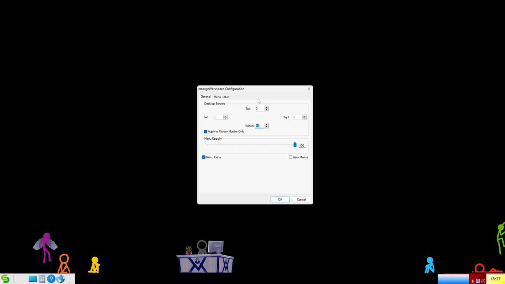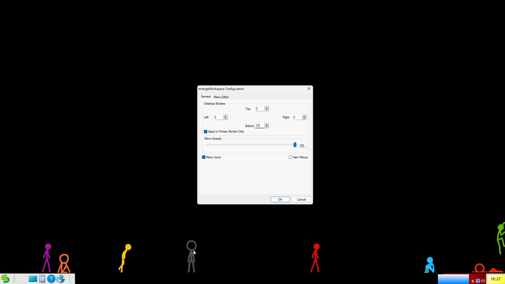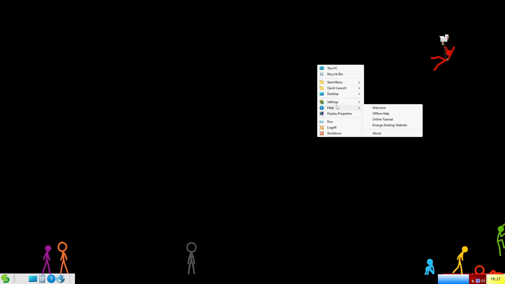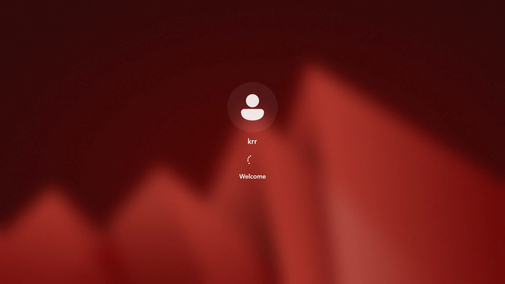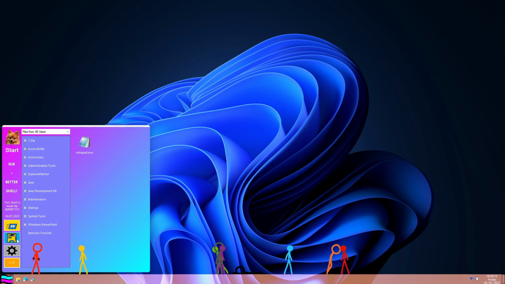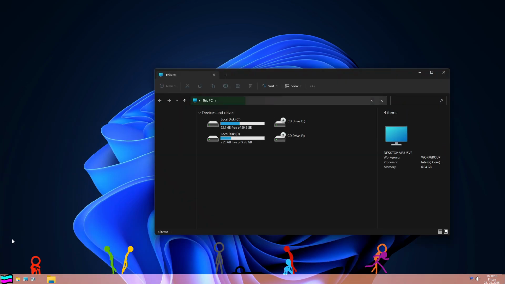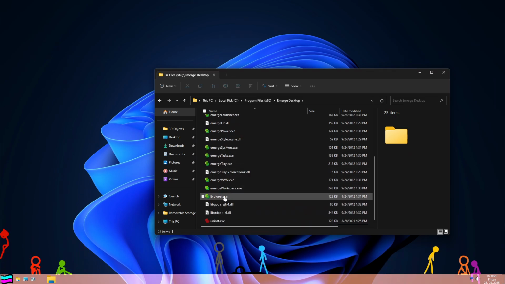Here you can basically add your working areas that you want. The default one is 37 because that is the taskbar height. You can also set up an area menu or like this and click OK. Now once you have it, go to the MH desktop, log off and sign in. It will show up this error message, but to avoid this stupid process, well, you have the shell, but you are not finished yet. So go here, go to C, go to Program Files, MH desktop, and just find this